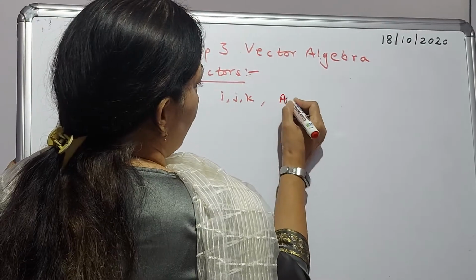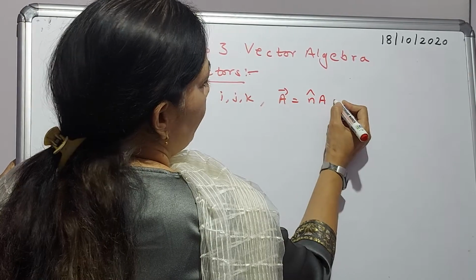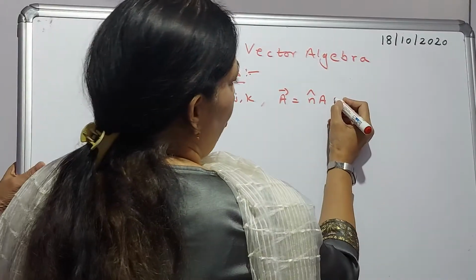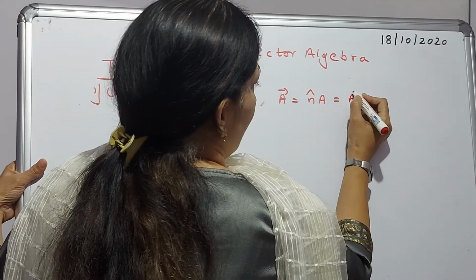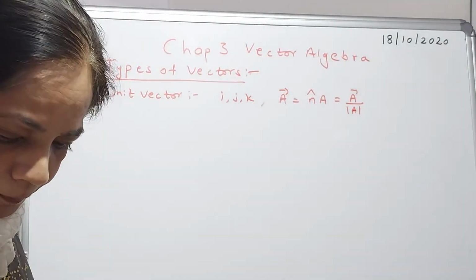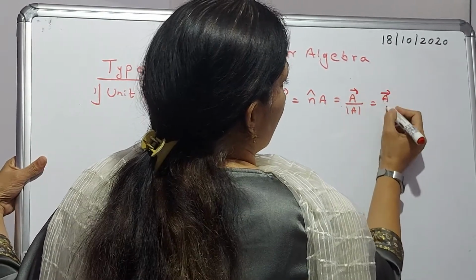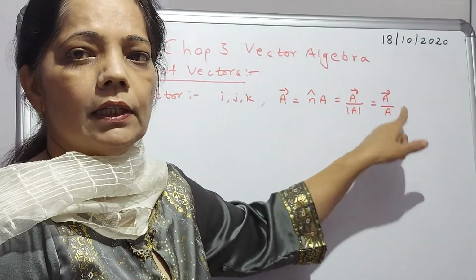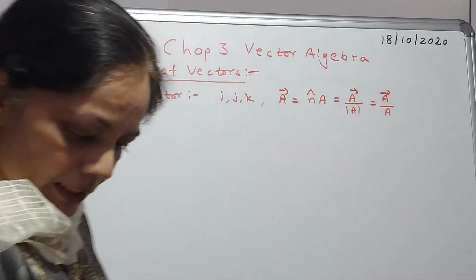Next, how will you write that vector? You can write the vector A is equal to n cap into A, correct? What is n cap now? A unit vector is also written as vector A divided by the modulus of A, which is the magnitude, correct? Or simply we can write vector A by A. So this is also correct. This is the way one can simply represent your unit vector. Second will be